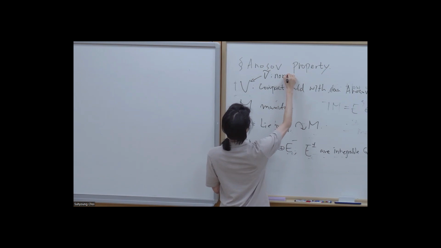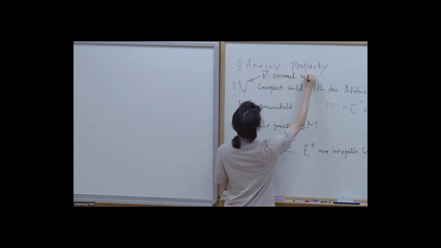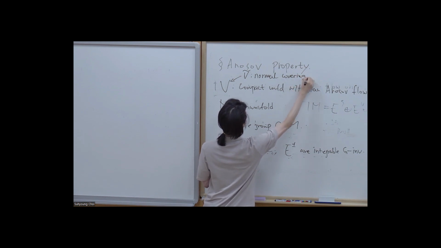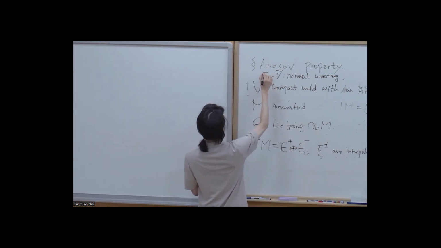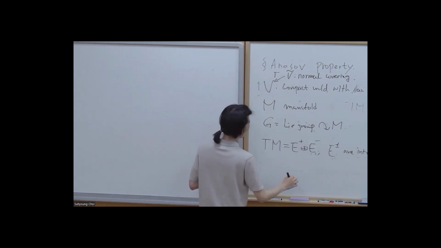Any normal covering is not necessarily a universal cover. And there's the deck transformation group Gamma here. So in this setting,